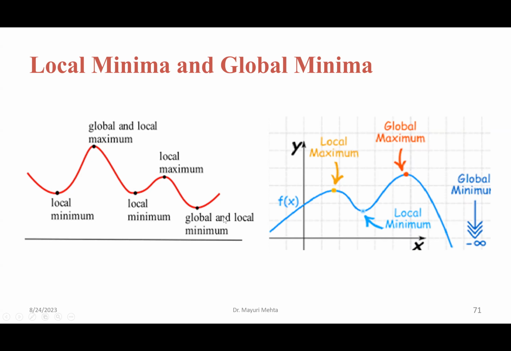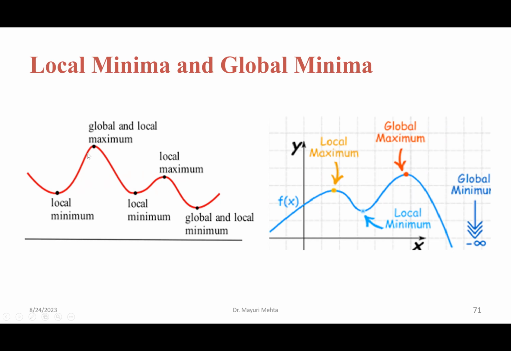Among these three local minima, the rightmost local minimum is the global minimum, because it is lowest among these three local minima. So it is called global minima. And similarly for global and local maximum also, we may have several local maximum, but only one can be